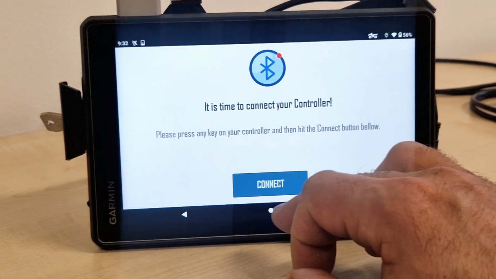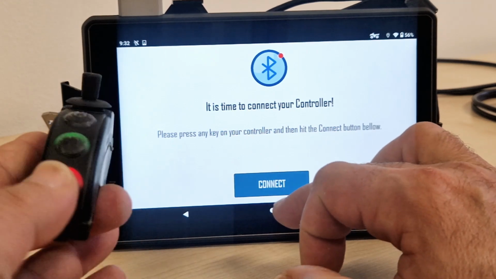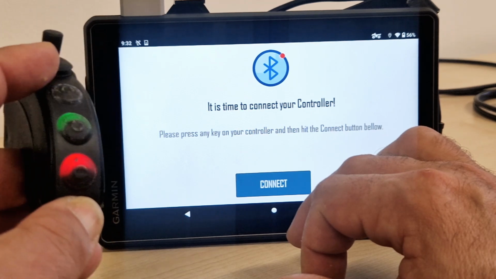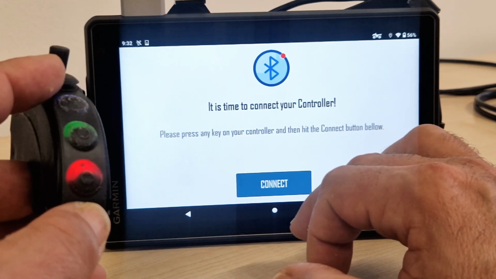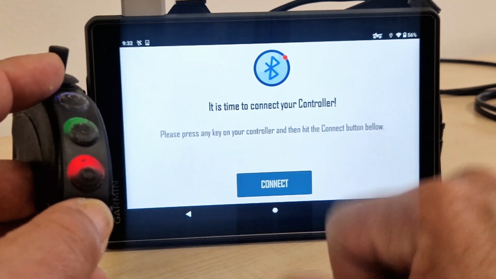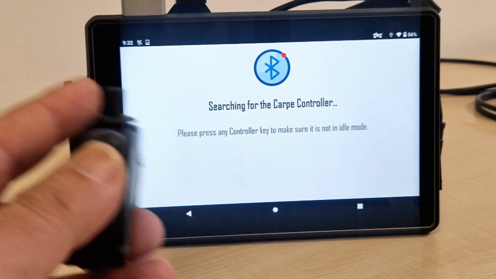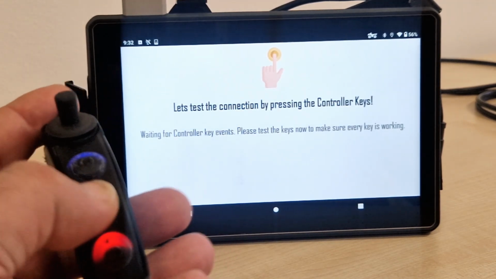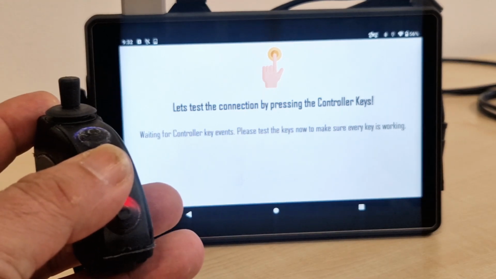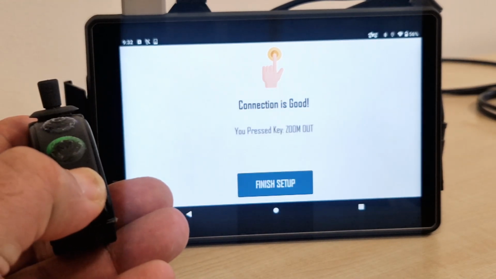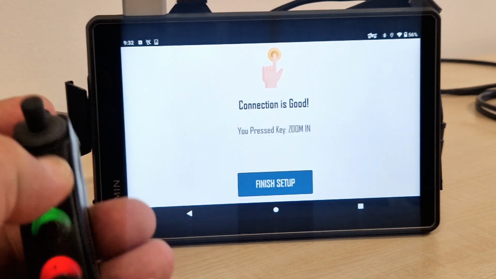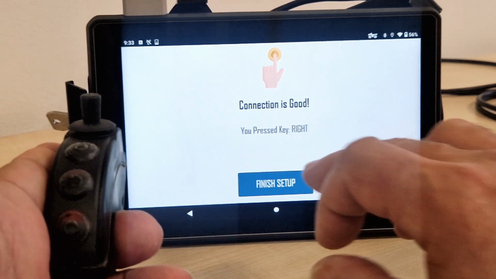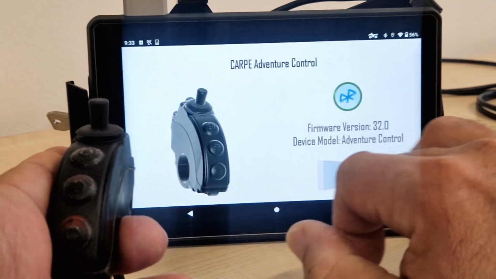Okay, and we are back. So let's try again with Adventure. The LEDs before you will be connecting will look something like that. Color code corresponding to the input voltage level. Let's just go connect. It's telling you you should press a button, but you don't really need to. It goes automatically. As you can see, it found the controller automatically. Now it's already connected. Now we can test that the buttons actually work and that we have good connection. And this is it. And one last thing, we can finish setup now.